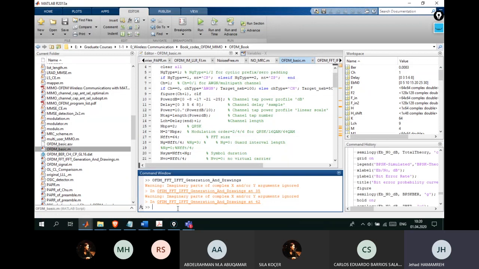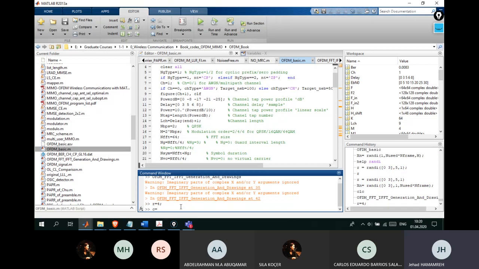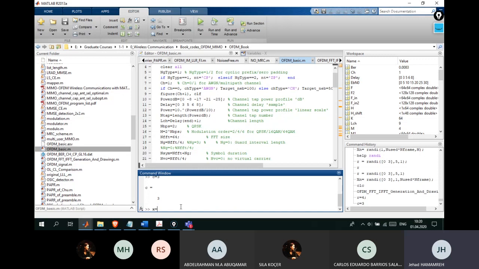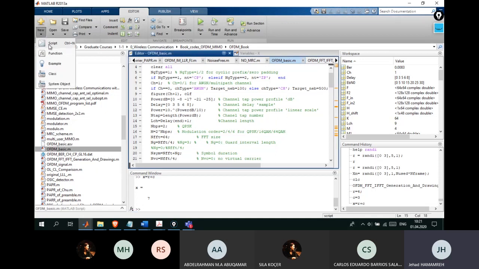And here the command window. In this window, the results of the code appear, and also you can use this window for quick tests or for simple executions or simple code evaluation. For example, R equal 4, C equal 3, and then you say X equal R plus C. So it's just for quick implementation, but for comprehensive long codes, you need to write an M file here, where you can create a new script, where you can write your code, or a new function, example, or a class like Java or object-oriented programming. And there are many other things, but actually, as you can see, I'm using Matlab